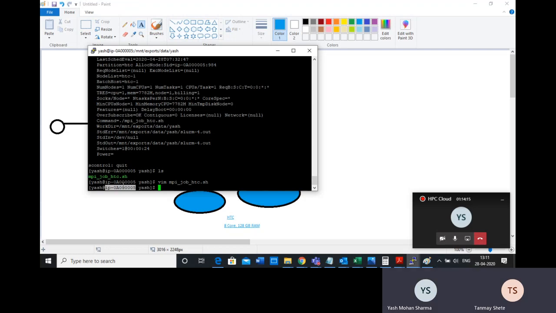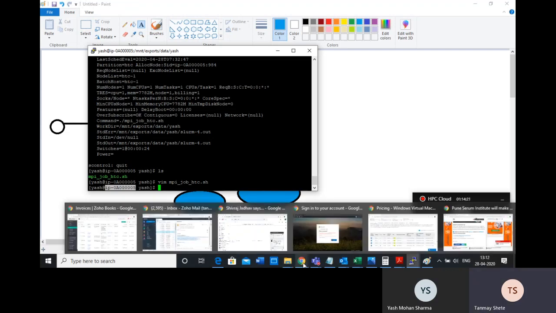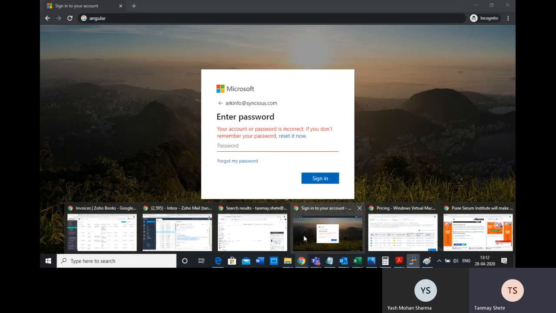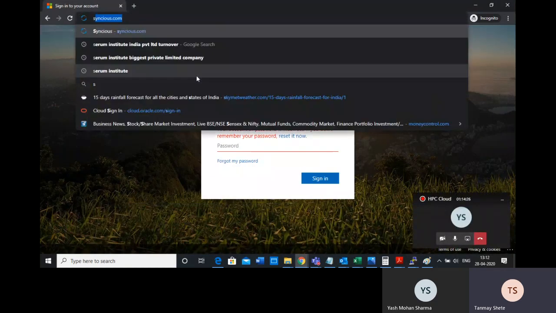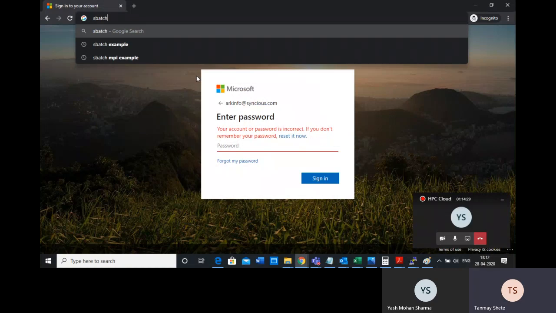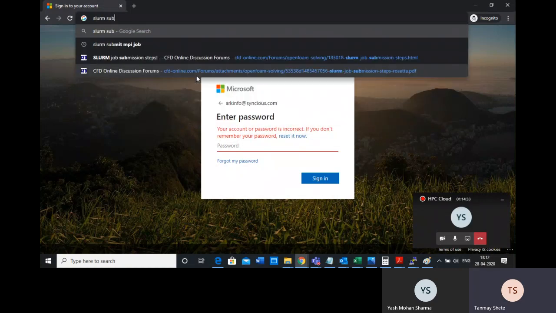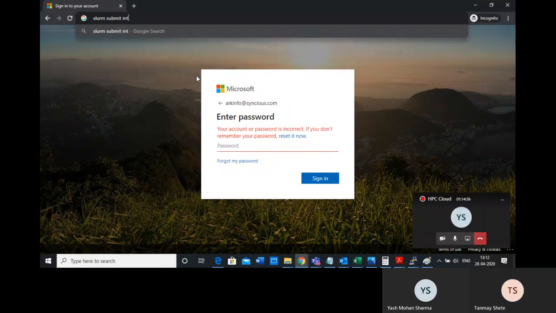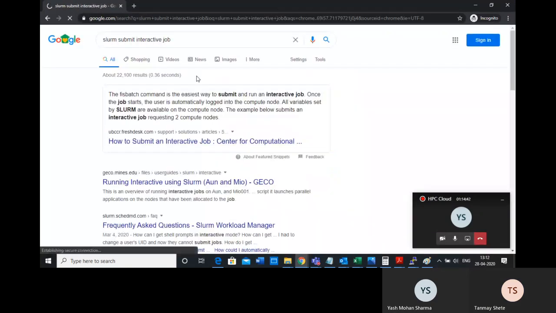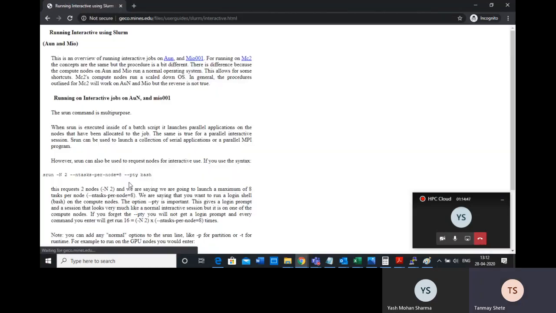So now this is a non-interactive job. For an interactive job, we have to find a way, like sbatch, sorry, slurm submit. You can see how to submit.